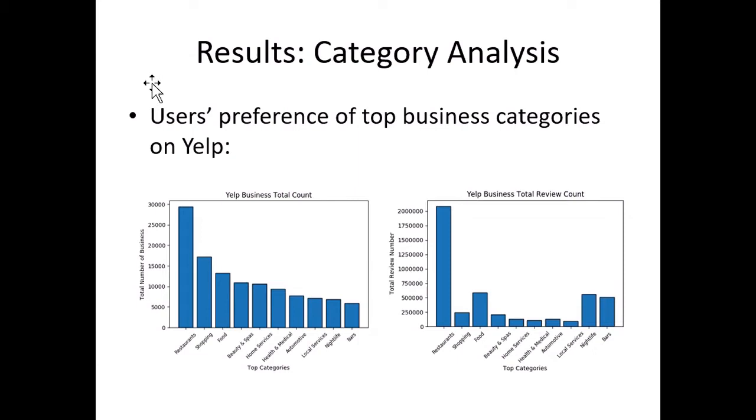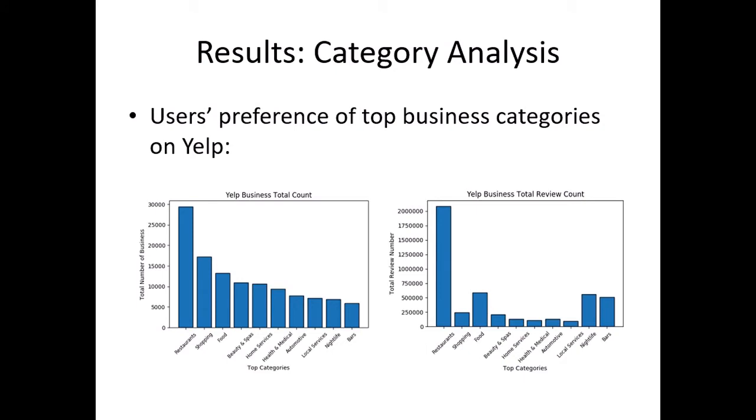Here are the results of my analysis. For category analysis, the graph on the left represents the total number of businesses in the top 10 categories of Yelp business data. Here are the 10 categories on the x-axis, and the one on the right represents the total review count of those categories. For both graphs, restaurant is clearly the winner, with about 30,000 restaurants totaling 2 million